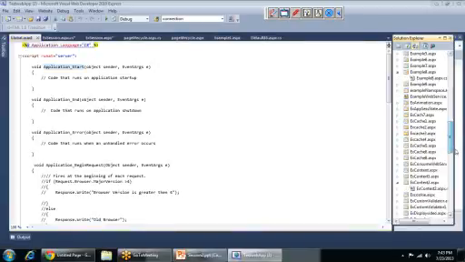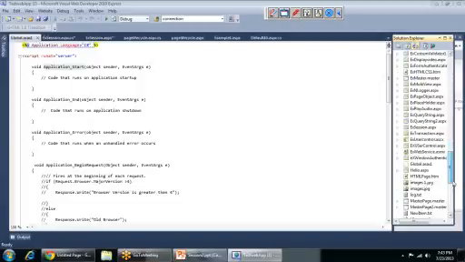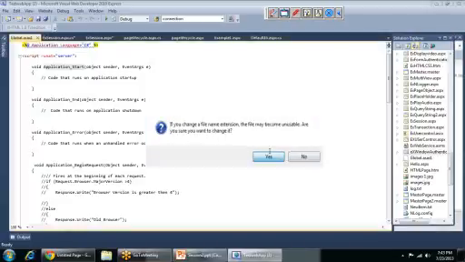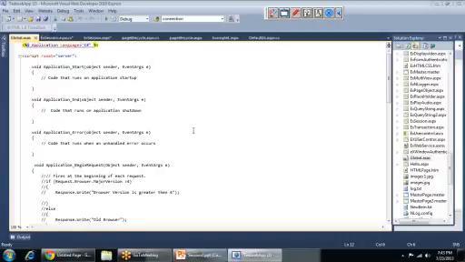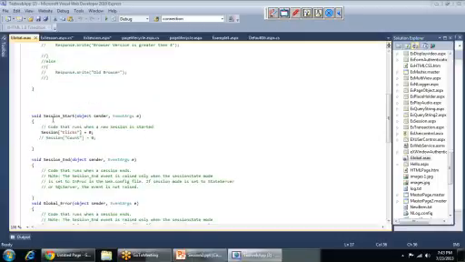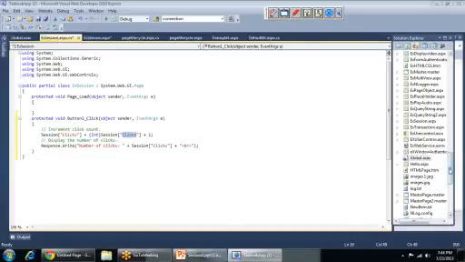I'll just rename the file which I already have. So here in session start, you can see clicks is initialized with 0. Now this is the program I am writing where I am just counting the clicks on this button within the session.